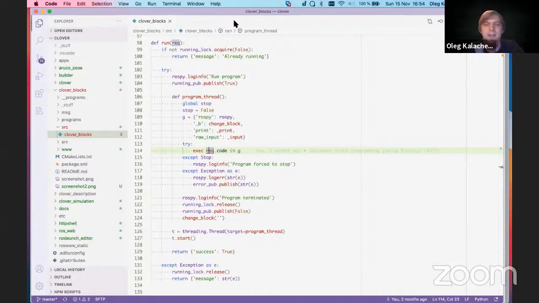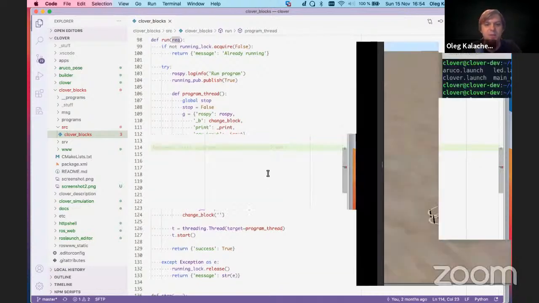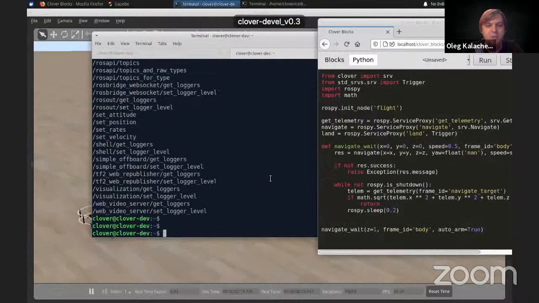So Python is a language that has an instruction to evaluate every program as a text string, and it just execs this code, and that's how it works. For example, if I use ROS service call Clover blocks run,